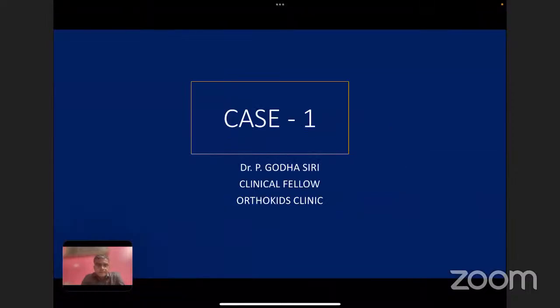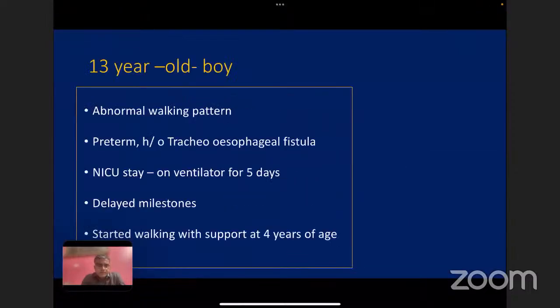Good morning, everyone. We had a 13-year-old boy who presented with complaints of abnormal walking pattern. He was born preterm and there was history of NICU stay. He was on ventilator support for 5 days. Parents reported that he had history of delayed milestones. All the milestones were delayed and he started walking only with support, that too with great difficulty, since the age